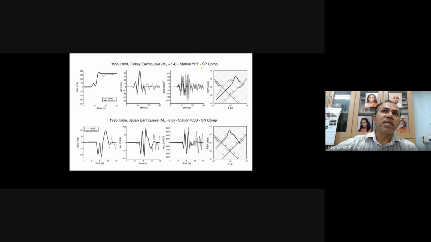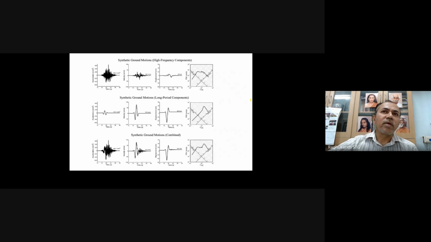Using these, people have extracted a lot of equations in the near field itself. And how to simulate, like synthetics, to incorporate this pulse. As you can see, the far field response spectra will be like this, but if it is near field, in the response spectra you have to include this peak also, which you can see in this near field region and the long period end itself.